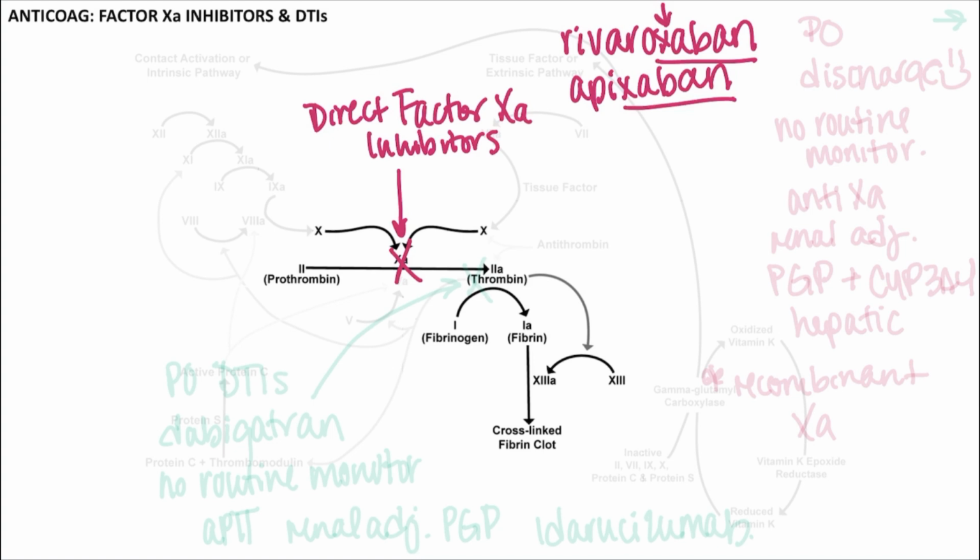So as for pharmacologic consideration, these agents are administered orally or PO and usually are started after sufficient therapy with one of the IV or sub-Q options we discussed on the previous slide. But because these agents have a quick on and offset, these therapies do not need to overlap. So you can essentially stop your low molecular weight heparin, for instance, and start the direct 10A inhibitor at the time of the next dose, which makes discharge much easier for patients. They also do not require any routine monitoring